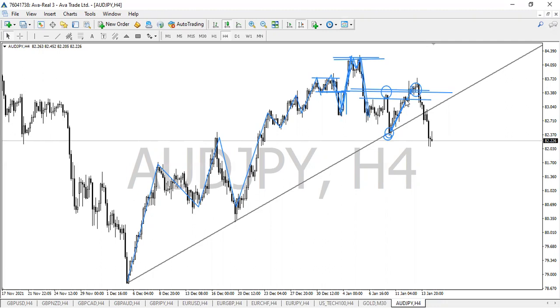That's it. All right. So from here, you will notice that AUDJPY has tested this point, and now it's going down. Then from this point, as you can see, this is another key level. All right. This is another key